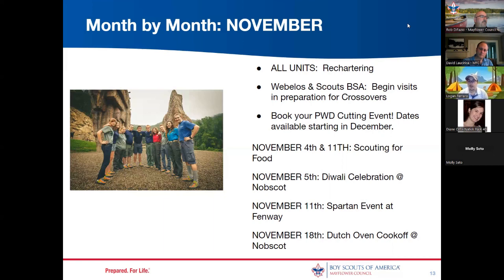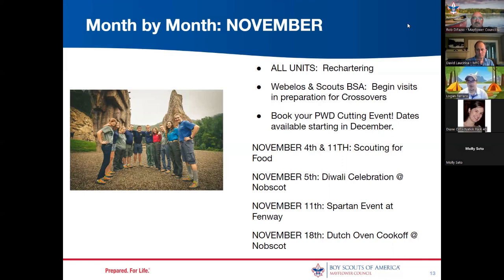We can do that two ways. Either each individual family can come and pay as they go through, or the pack can pay for the total number of cut cars at the end. We've done it both ways. Diane, whose face is in front of me, we did it for their pack last year and everyone had a blast. So please book early if you have a specific date in mind, because last year we filled up and we're doing upwards of 7 cuttings a week. So we're really trying to help out and provide as much support as we can there.